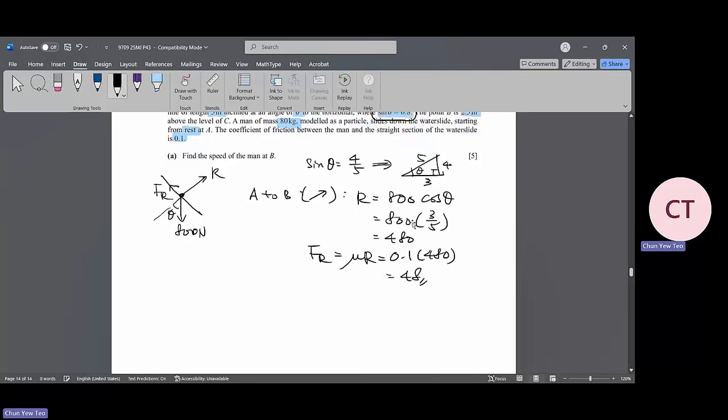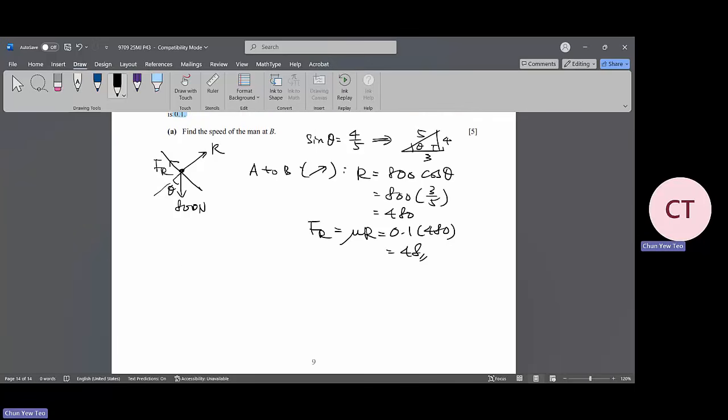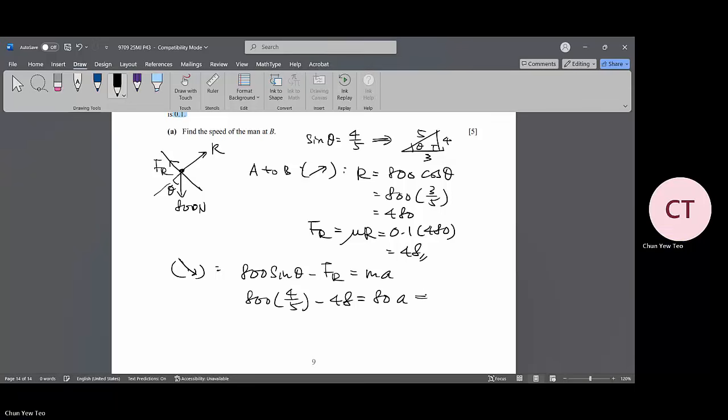Okay, so we have found the frictional force. If you resolve the forces down the plane, you will have 800 sine theta minus the Fr is equals to the ma. So 800 sine theta is 4/5 minus the frictional force is equals to 80 of the a. So from here you can find your acceleration is 7.4